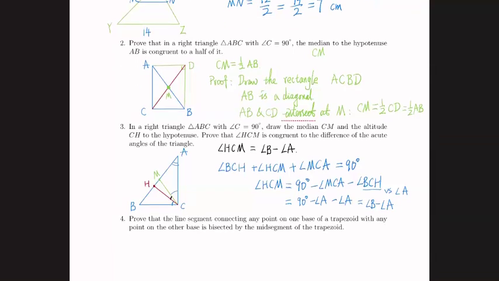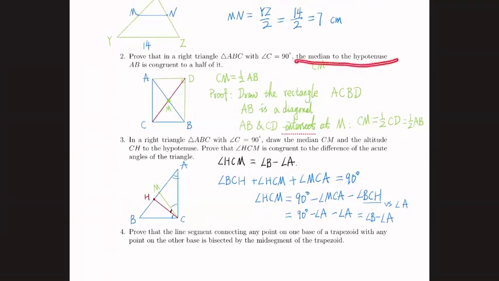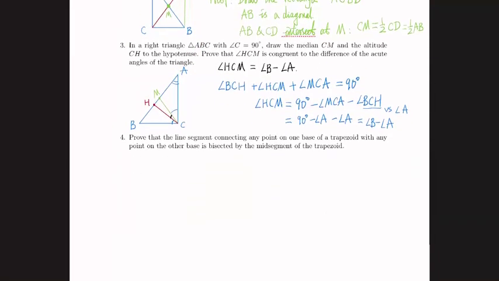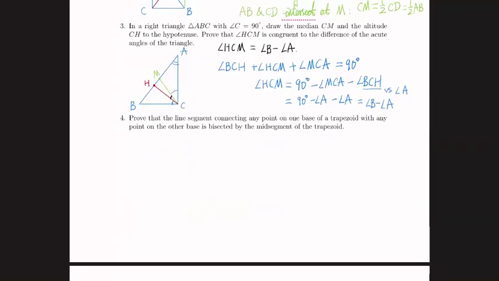We'll take a little bit of steps, but we used what we have just proved, that the median to the hypotenuse is congruent to half of the hypotenuse. Therefore, this triangle is isosceles. So that's the key for this problem. Next one,